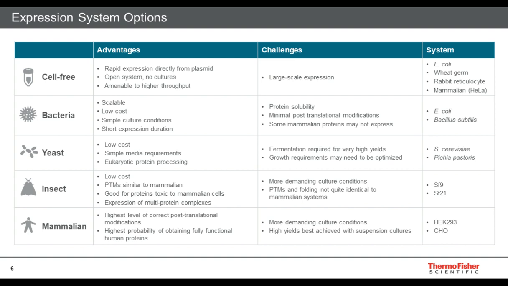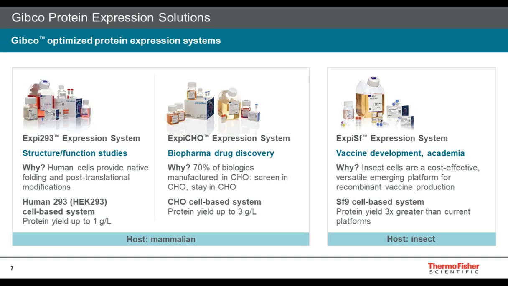So the gold standard then, for expressing mammalian proteins anyway, is a mammalian expression system, as this will provide the highest level of correct post-translational modifications and provide the highest probability of obtaining fully functional human proteins. The downside is that the culturing conditions are more demanding and that high yields are best achieved with suspension cultures. So if we look at this next slide,